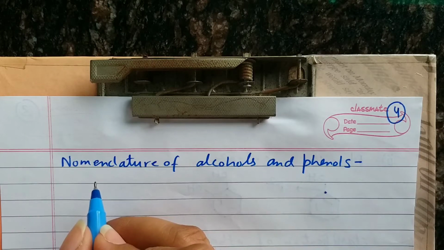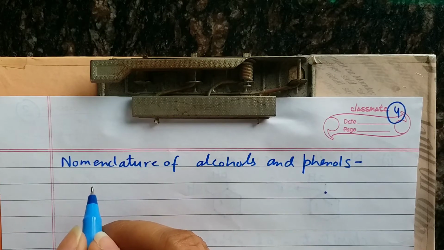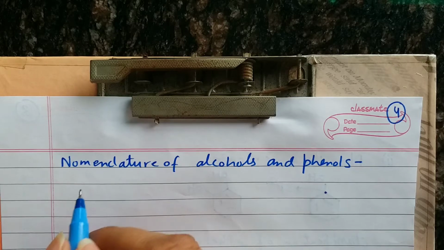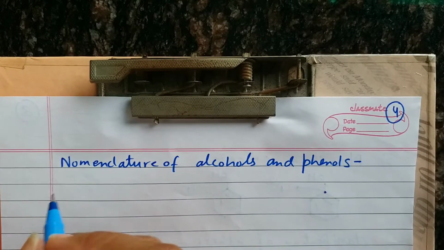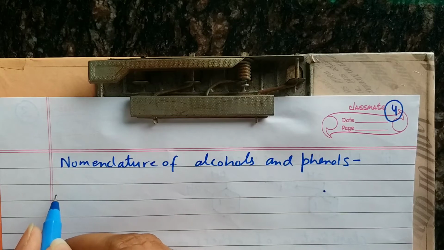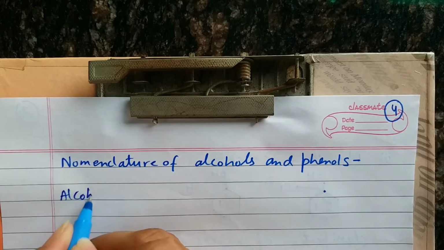What we are starting with in this lecture is the nomenclature of alcohols and phenols. So we will see here how to write some of the common and IUPAC names for alcohols and phenols. Just to remind you, because this is a topic that you already did in class 11th, for alcohols,